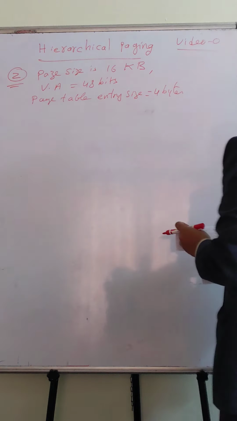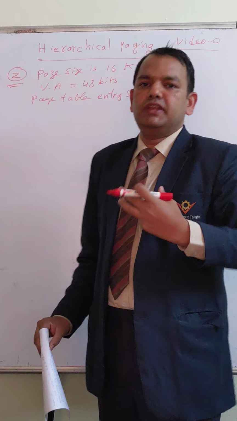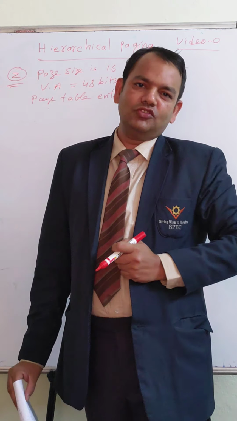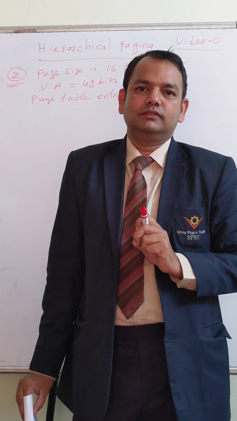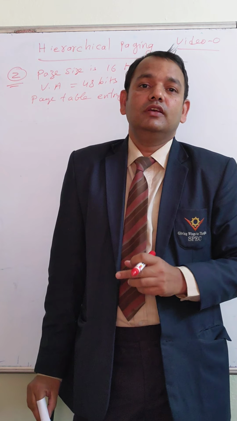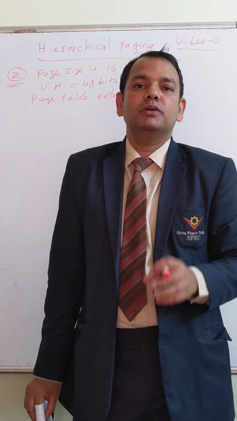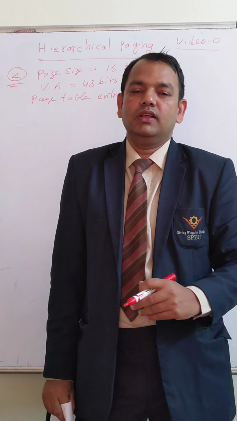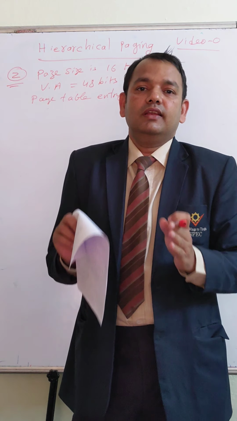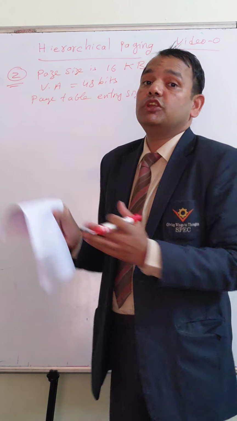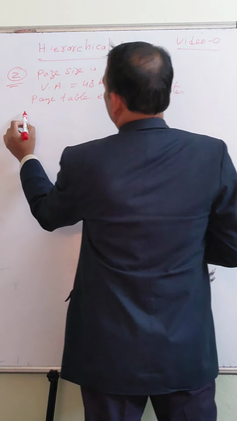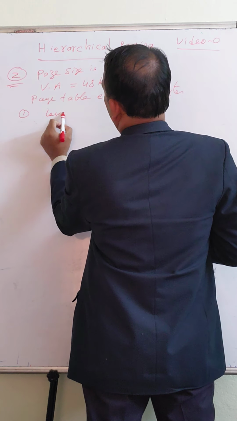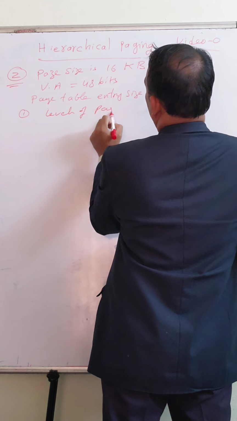Okay. How many levels of page table do we need? That is the first question. Generally in paging we have seen one page table, but in hierarchical page table we are going to divide a single page table into several page tables: 2-level page table, 3-level page table, 4-level page table. Now the question is, how many levels of page tables do we have? We need to divide. Levels of page table required.